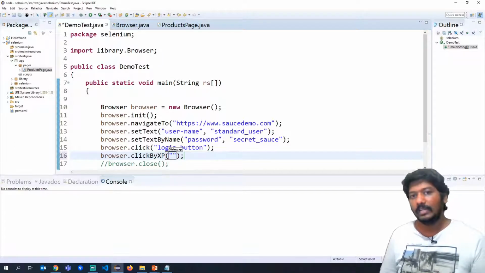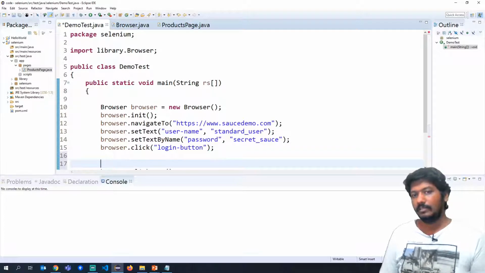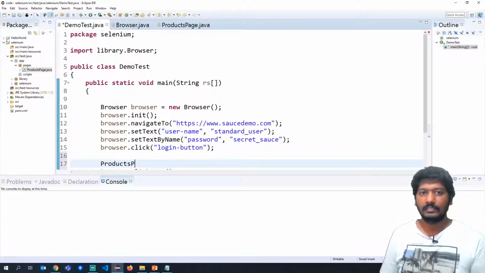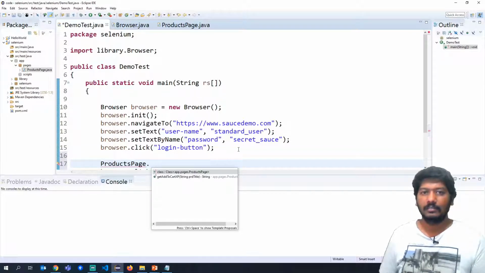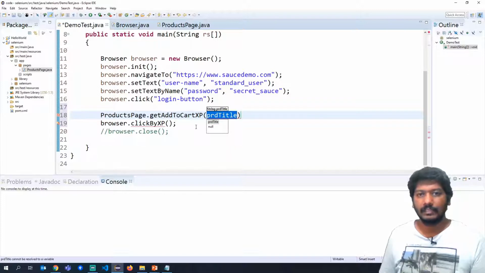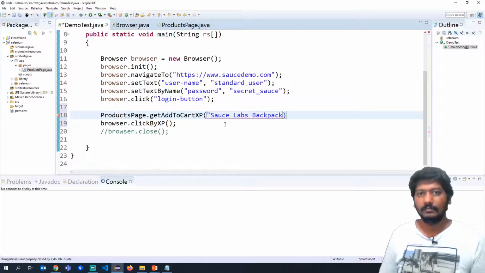So from where do we get the XPath? We have created a class for a page, right? So I'll say ProductsPage dot getAddToCartXPath, and for this we have to pass the title.